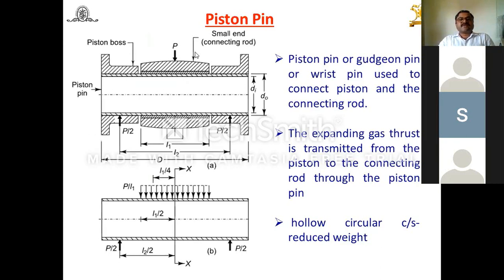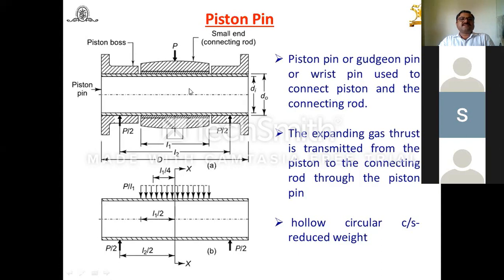This is the piston pin. Look at this. This is the part above, look at the arrow. This part is the small end, which is fitted in the piston by using the gudgeon pin or piston pin. DI is the inside or inner diameter of the piston pin. DO is the outer diameter which is fitted. While fitting it, you will find the piston boss is part of the piston, on both sides. And inside it, the small end of the connecting rod is fitted.